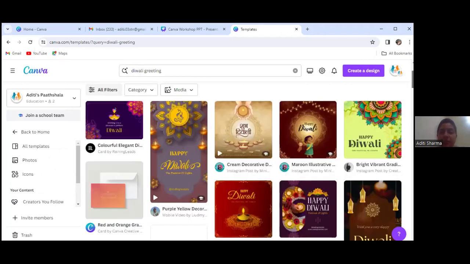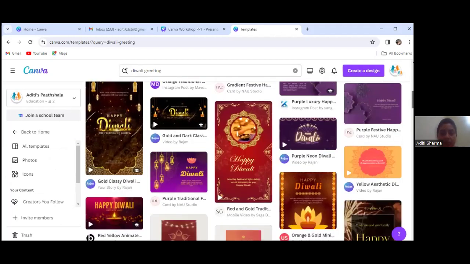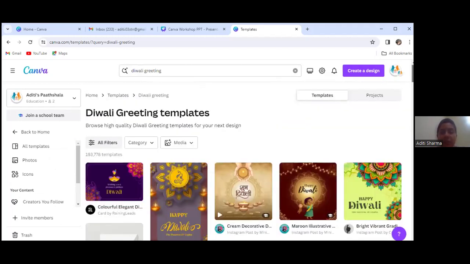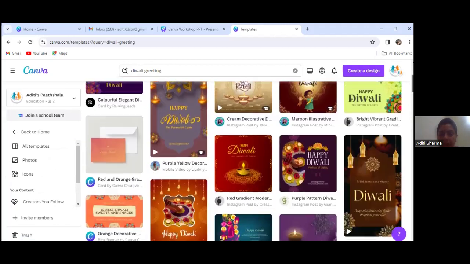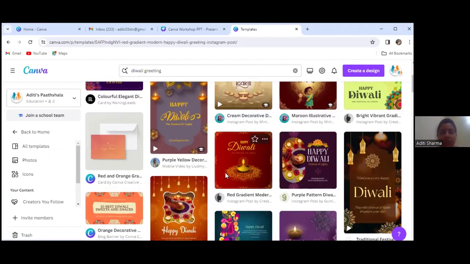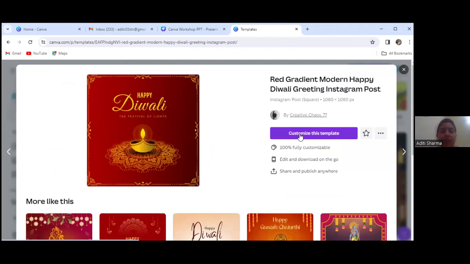All these templates we will get. Now we can select any one template. Then we get a pop-up, customize this template. Now we can customize this according to ourselves.